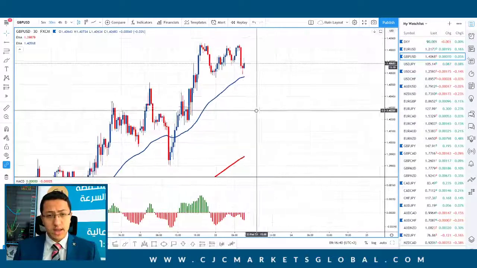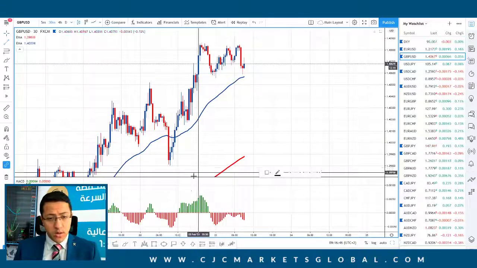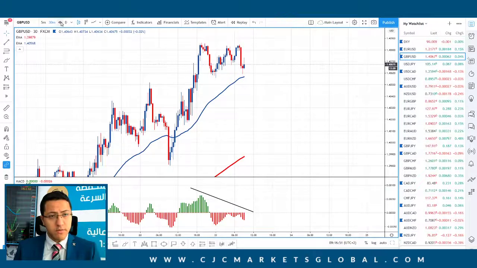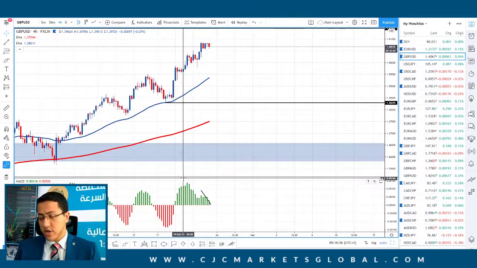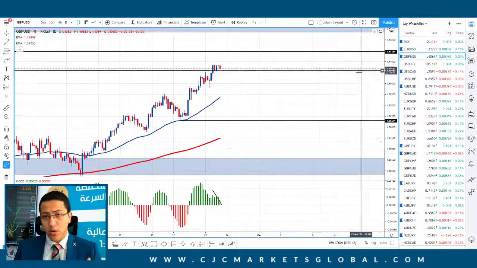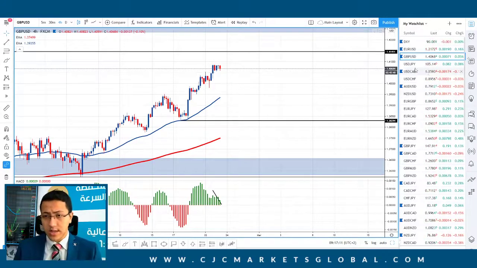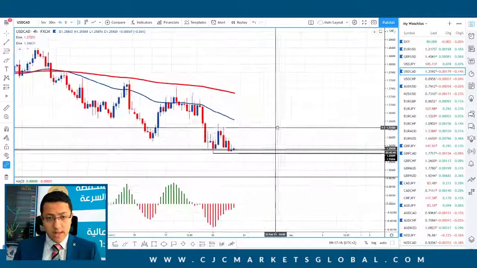On the pound dollar, again, we're having a bearish divergence. We are having two highs at exactly the same level, while the MACD is showing some weakness on the 30 minutes time frame, and again on the 4-hour time frame. So we're having double divergences on multi-time frames on the euro, the dollar index, and also the pound dollar. On the pound dollar, the key level is 1.4145. As long as we are trading below this key level during the day, our move is to the downside. The dollar versus the Canadian dollar is basically having the same.